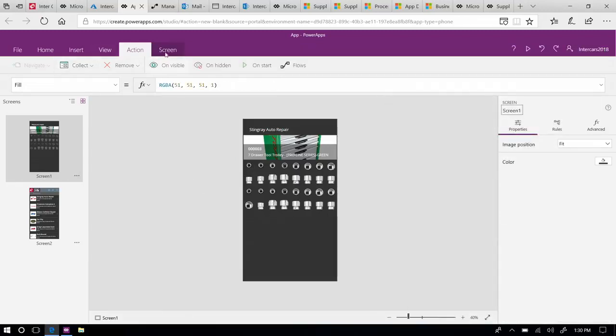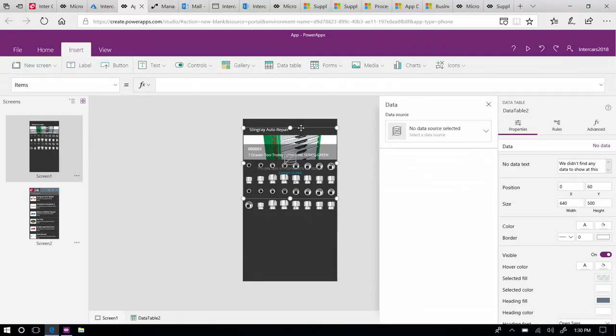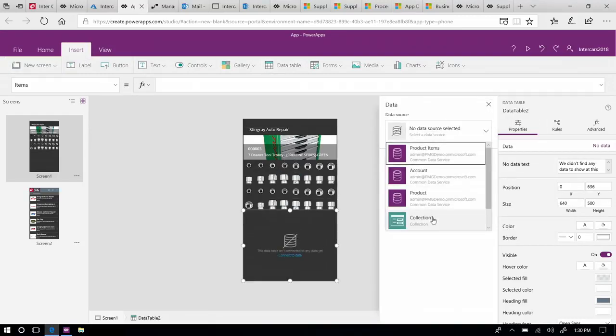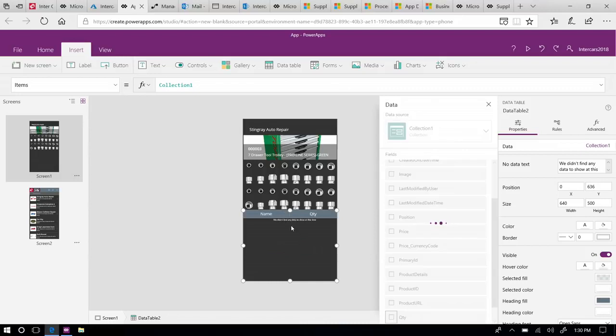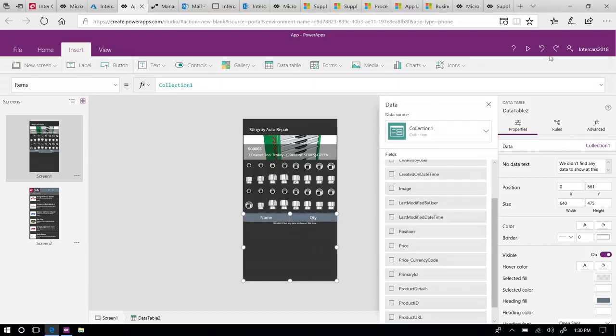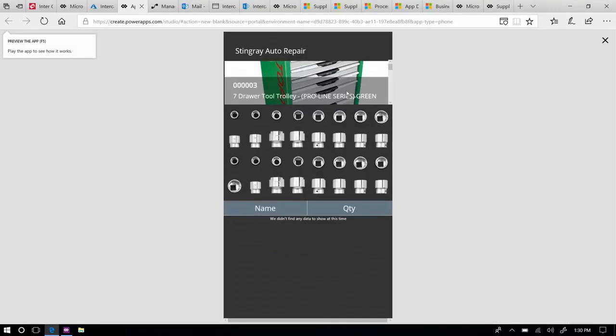Now, as I start to build that collection, I also obviously want to see what I've collected. So I'm going to insert a table. I'm going to drop it to the bottom. I'm going to bind it to that collection we just created on the fly. And I'm going to say, hey, give me the name and, let's say, how about the quantity of the thing that we've selected. I'm going to tighten that up, and just like that, I've built a process that is